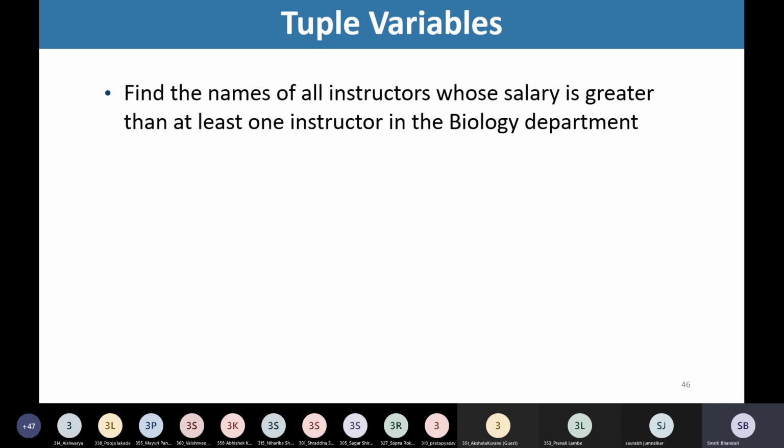Find the names of all instructors whose salary is greater than at least one instructor in the biology department. So we need to compare the salaries, and the salaries are stored in the instructor table. And if we want to compare the salaries, then